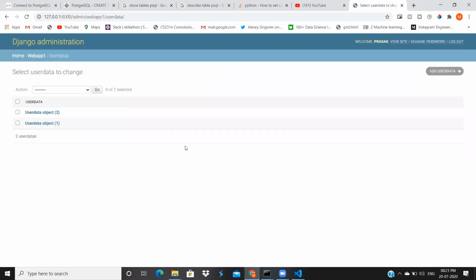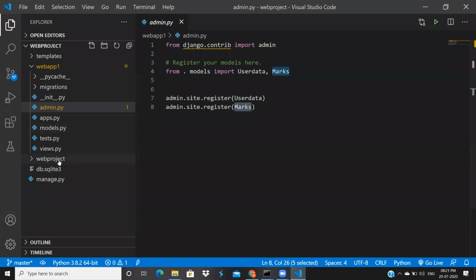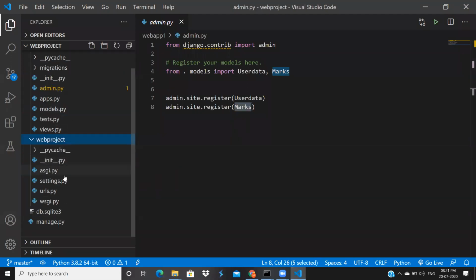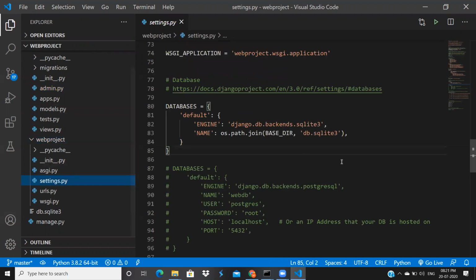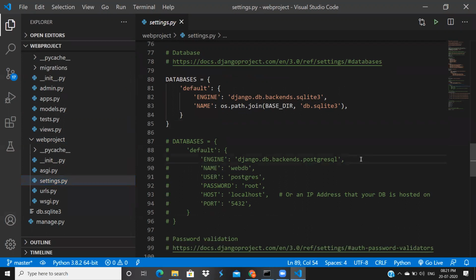I think I already showed how to add data to the table. Now I'm not going to do that. In the last class, we missed one thing. We were supposed to do it with MySQL, but I didn't get that password, so I went with SQLite. Anyway, today I'm going to use PostgreSQL. MySQL is still not working for me. I uninstalled and reinstalled it, and again it's asking for the same password. So what I did, I'm going with PostgreSQL.